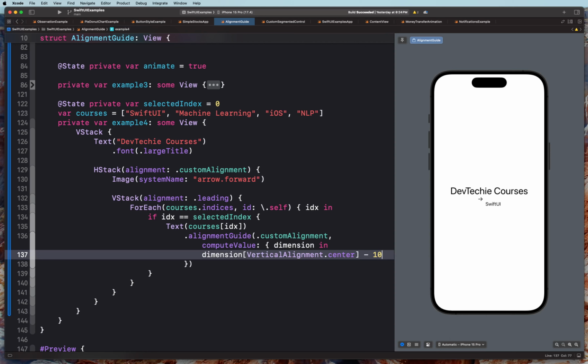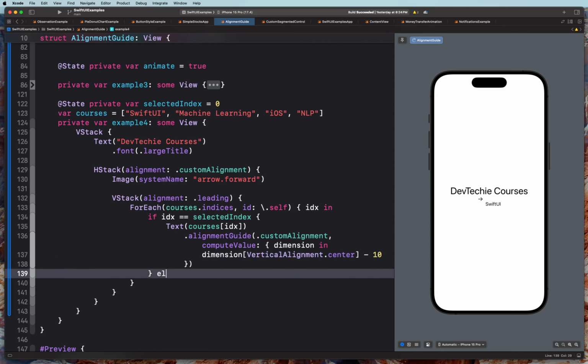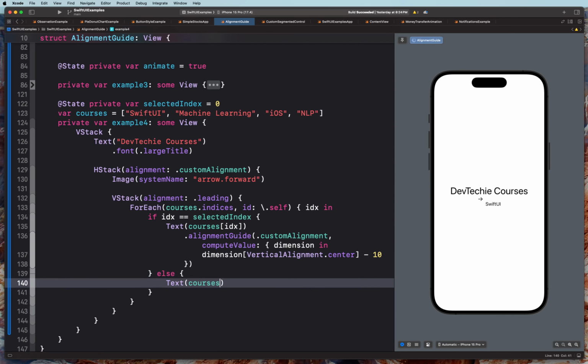Okay, so this is basically the way our alignment pointer is gonna point. Now we're gonna have an else statement, and this else statement is going to basically display all the other courses. So courses index,